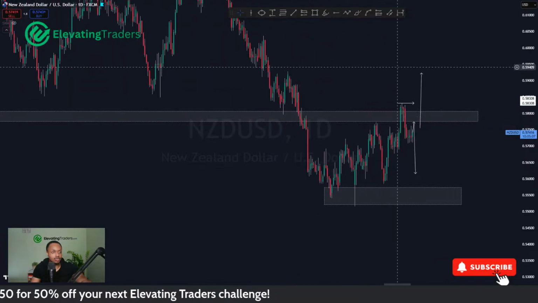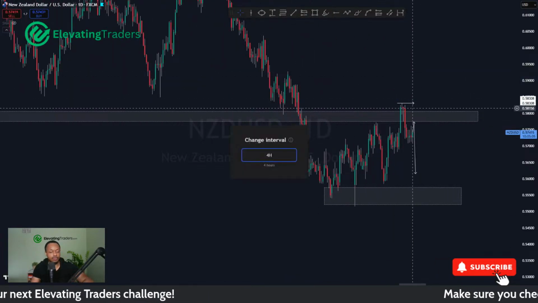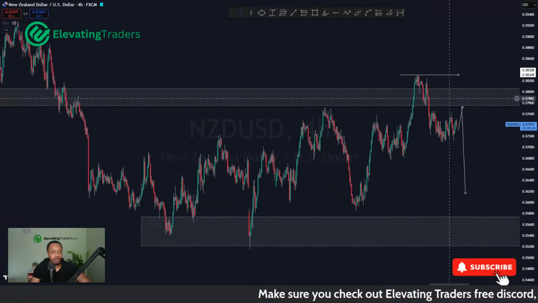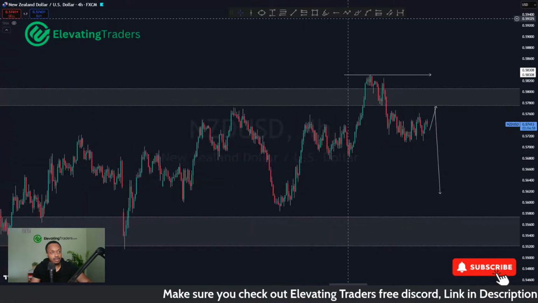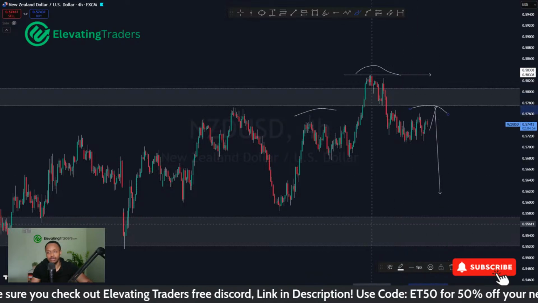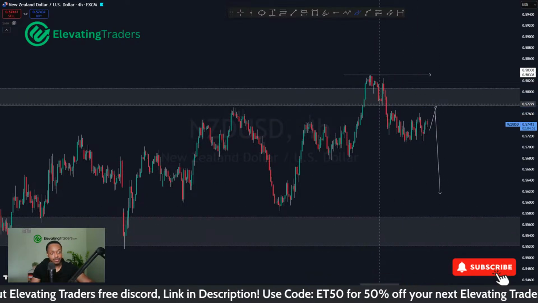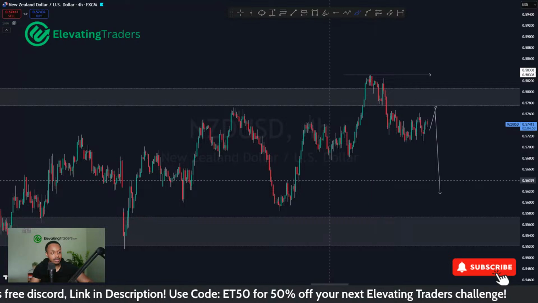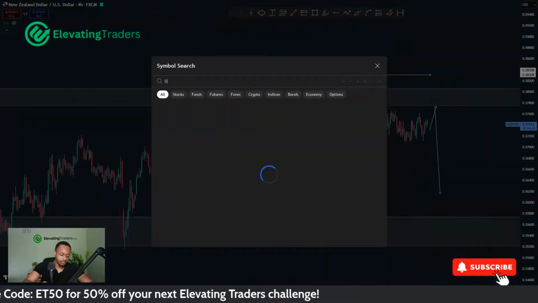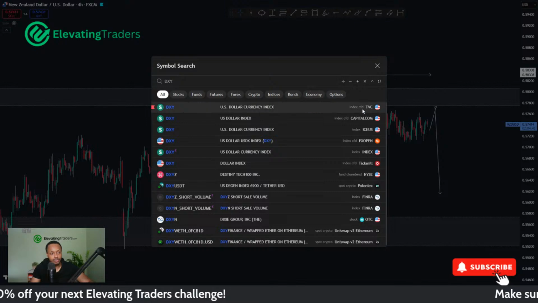At the moment, that level is holding pretty well. So I've said for NZD USD, I'm kind of looking for a bit of a pullback and some shorts, as long as that high can hold. A bit like a head and shoulder pattern there. You've got your left head and then right shoulder. And looking for us to sell off. So I do have a bit of a bearish bias, at least for now, for NZD USD back into support around 0.56. Dollar, I'm looking for a bit of a push to the upside as well.